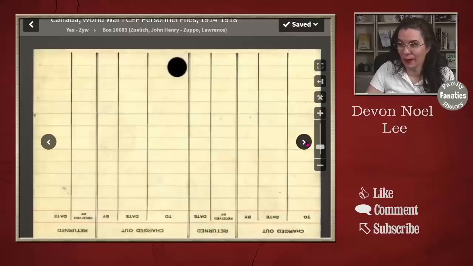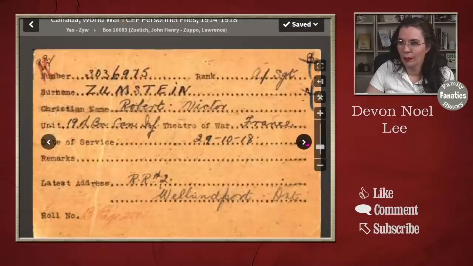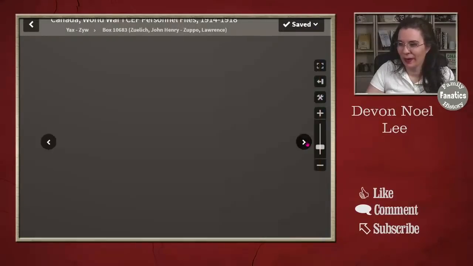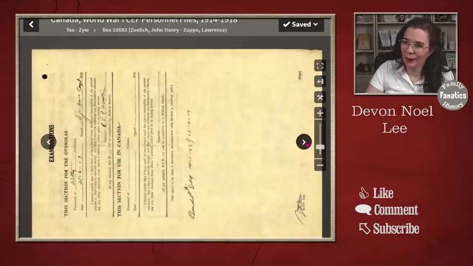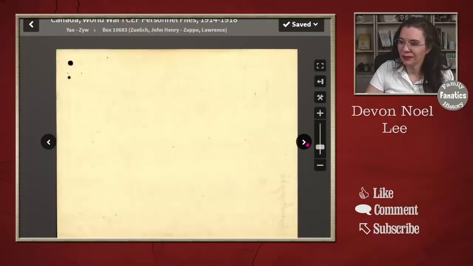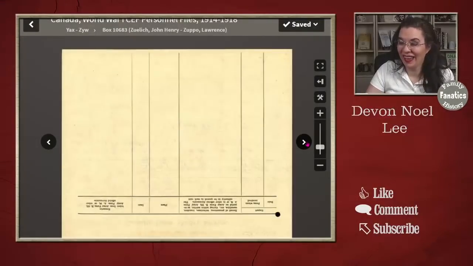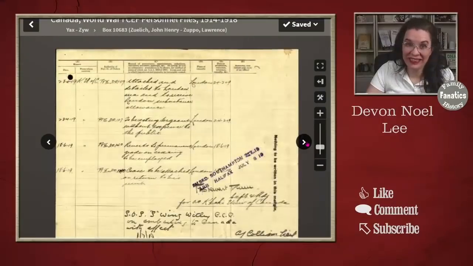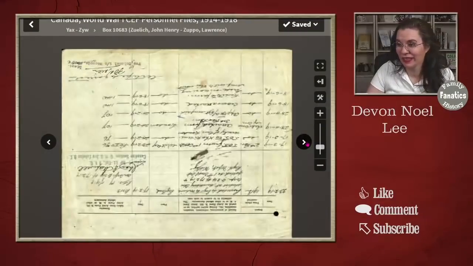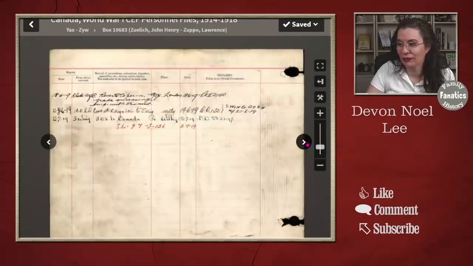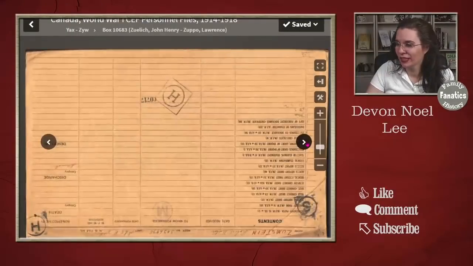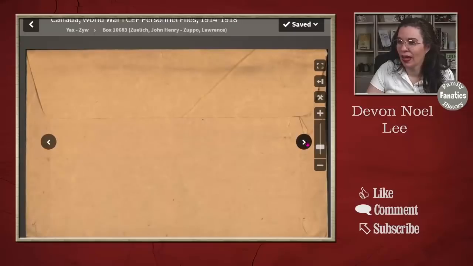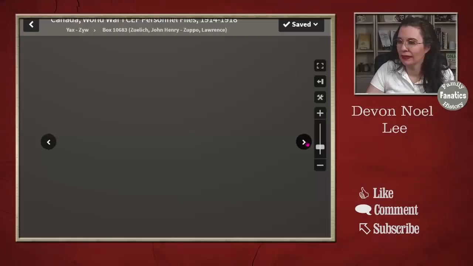This is about my ancestor. And then this is about my ancestor. It's a blank card. But this is about my ancestor and my ancestor and my ancestor. So we're going to keep going, and we're going to see lots and lots and lots of pages about your ancestor. And you're just going to keep clicking. If you hit a gold mine like this, oh my goodness gracious, you're going to be thrilled to no end. And that's an envelope, so I'm thinking we're at the end of this packet.